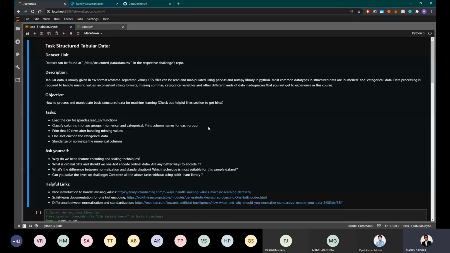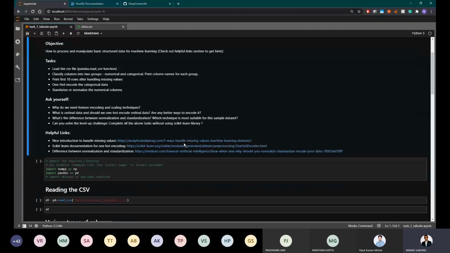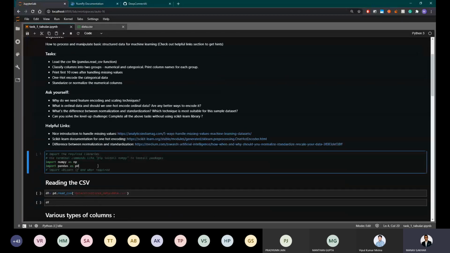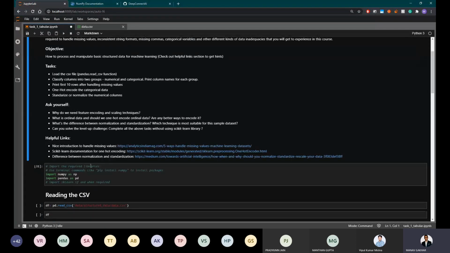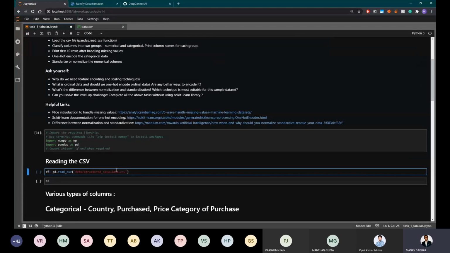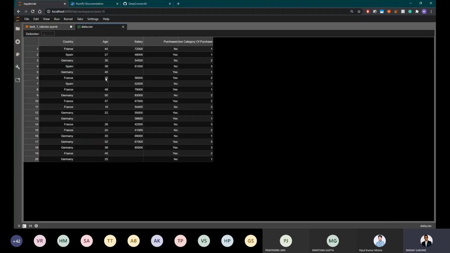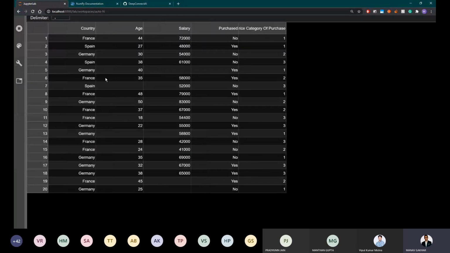This is the first part of the lab. We have 2 more parts to cover, so I'll just run through this. The first question was to load the CSV. We can use the pandas read CSV function. Before you even enter the territory of opening the data and putting it into a data frame, just look at the CSV file. Excel helps a lot.